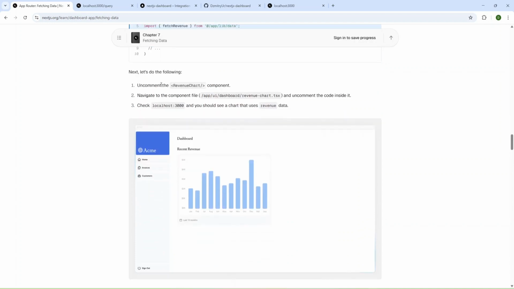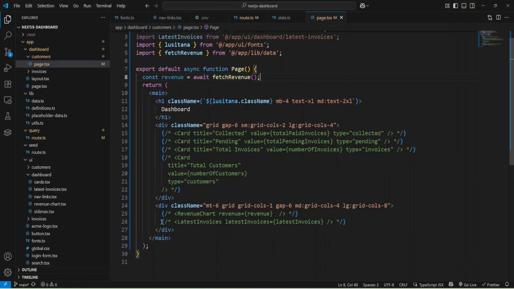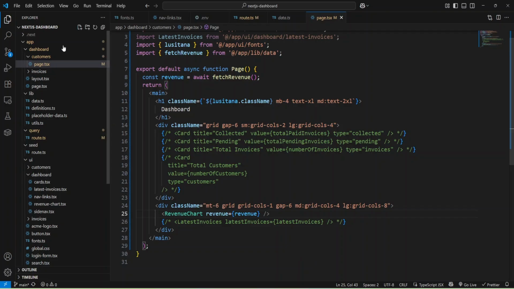Next, we need to uncomment this chart component, the revenue chart component. Here, let's uncomment it and check what's next. Next, we can go to dashboard revenue chart and uncomment the code inside it.